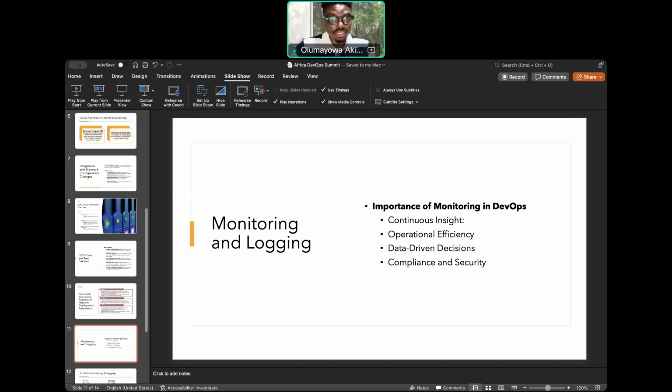Monitoring in real time to see what the issue is, should we be having any issues? Performance, network performance, health of network infrastructures. It also helps us to identify issues before they impact users. Then operational efficiency. For operational efficiency, we get automated alerts, and dashboards help. It helps network engineers to quickly diagnose and resolve problems.